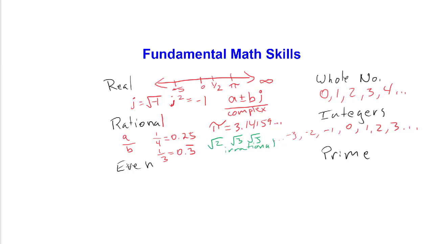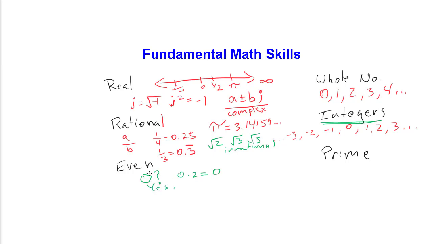Okay, other number types, even numbers. Well, even numbers only apply to integers. The concept of even does not even make sense for fractions or decimals, so don't even think of it outside of integers. But an even number is anything that's divisible by 2 or a multiple of 2, okay? So we might ask questions like, is 0 even? And there might be some debate there, but 0 times 2 is 0, so 0 is technically a multiple of 2,